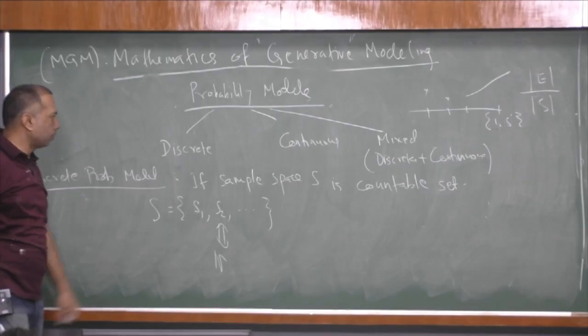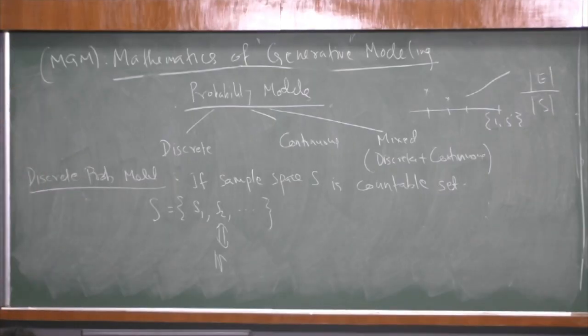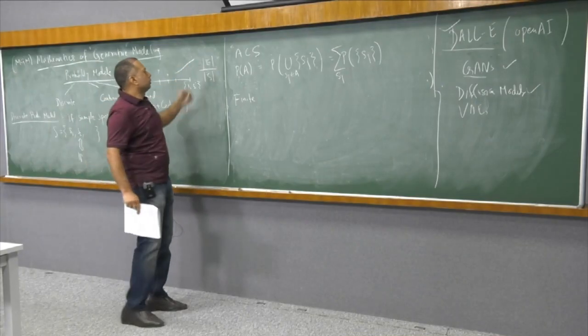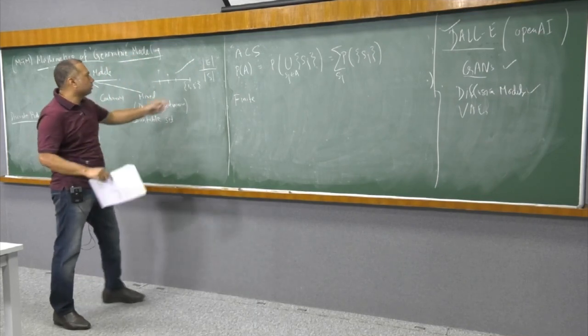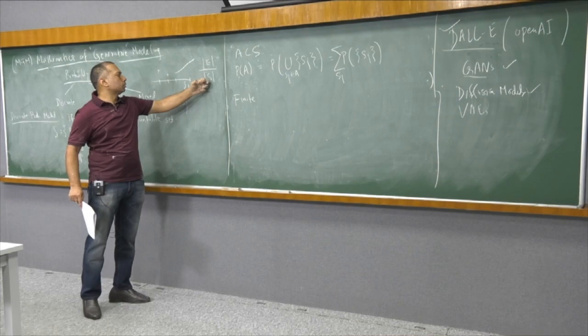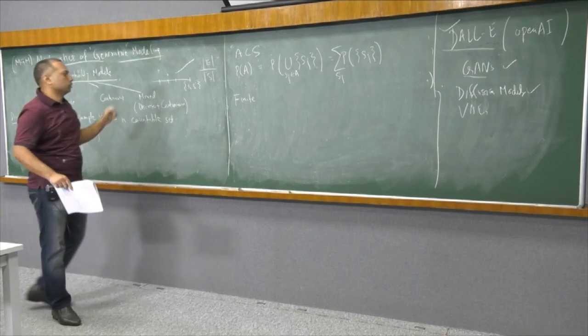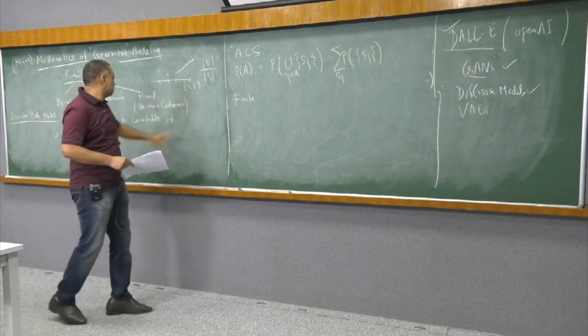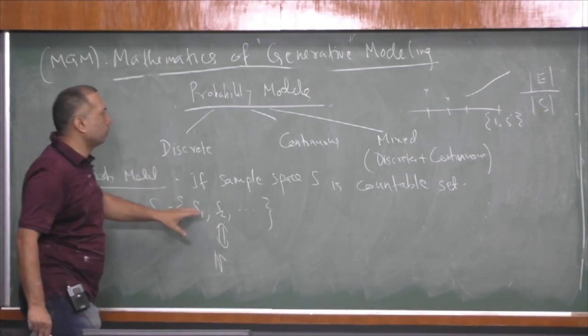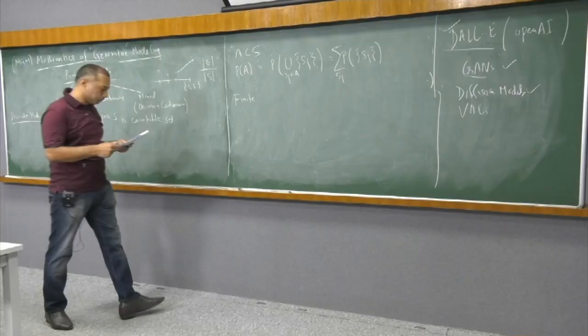Here, the cardinality of S itself is infinite. So writing in that way may not work here. Still, we will have some examples where we can use it in a partial way, but not necessarily that way, because it will always be 0 in that case. Or in the worst case, it's like the set of even numbers divided by the set of natural numbers. Both have infinite cardinality and so on. We will see an example where these cases arise, and we don't necessarily have to get into this trouble.